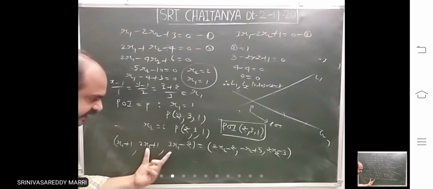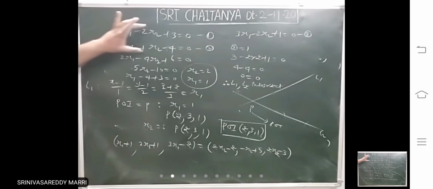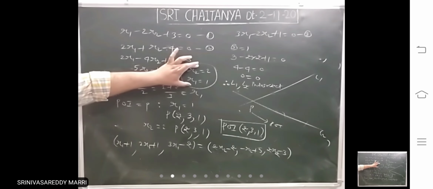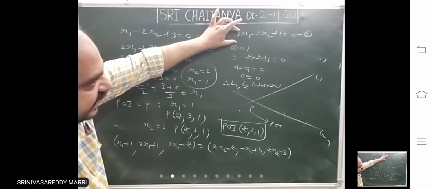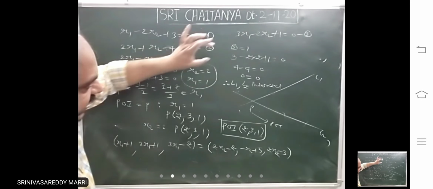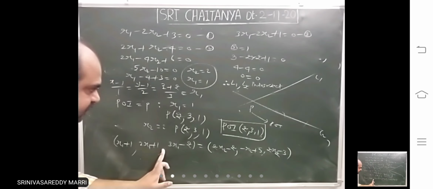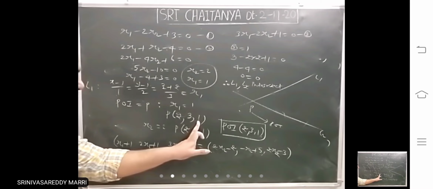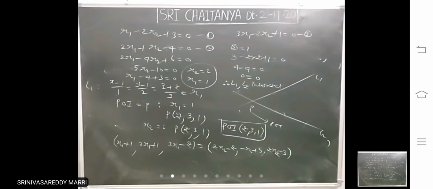Look, it is simple. From the first point xyz, from the second point xyz, equate them and form three equations. Solve 1 and 2, get R1 and R2, right? Substitute in the third. If they satisfy, they will intersect. If they will not satisfy, they will not intersect at all. If they are intersecting, take any point, either in R1 or R2. You substitute R1, you will get a point that is called point of intersection. If you substitute R2 also, you will get the same point. Anything you can substitute. There is no other procedure to find the intersection point. Like this only you have to do.